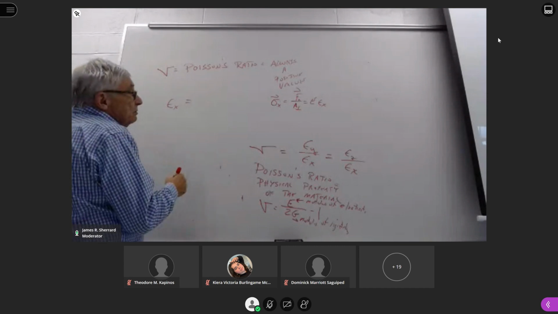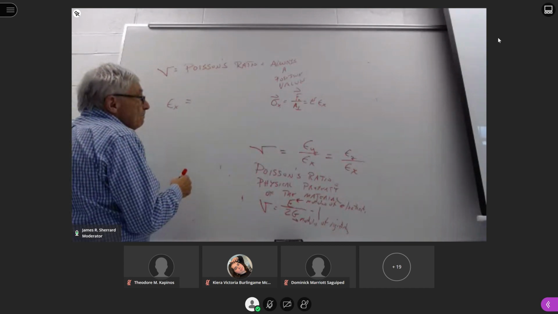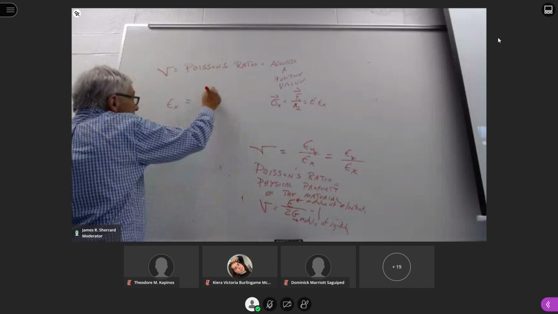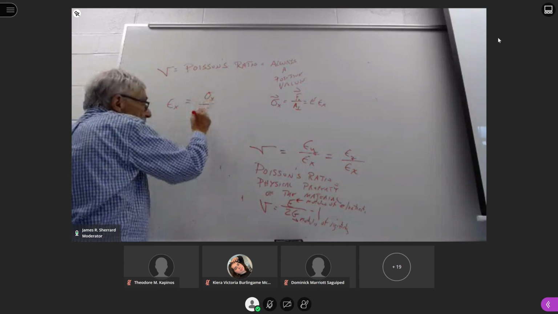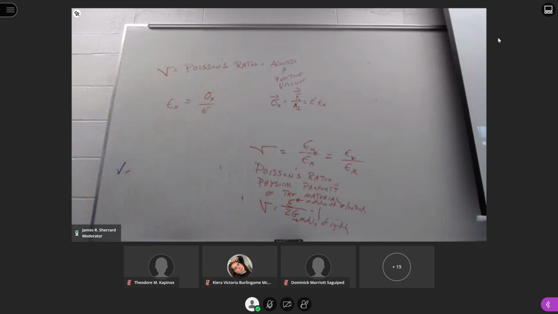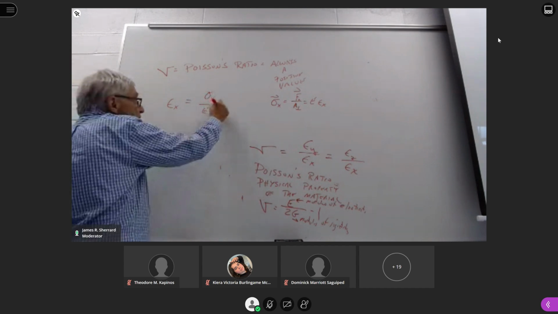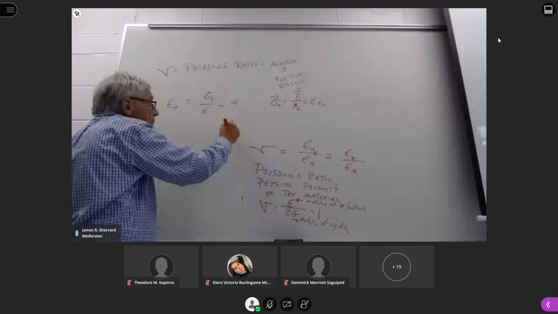So in the x direction, it's going to be sigma x over E. Then if you use Poisson's ratio, it's going to be